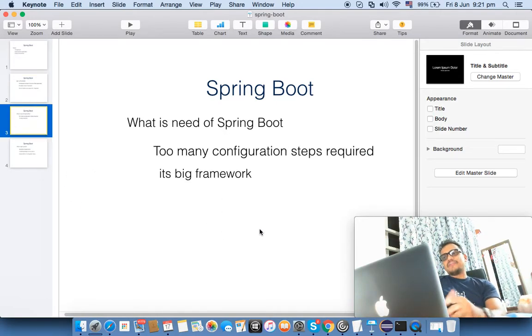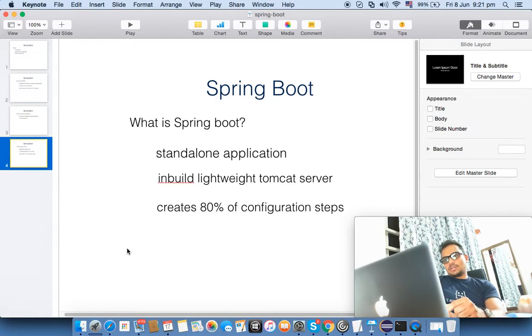As I said, why we need Spring Boot. There are a lot of configurations required to write a gateway application. That's why we need Spring Boot. Okay, when we talk about Spring Boot,